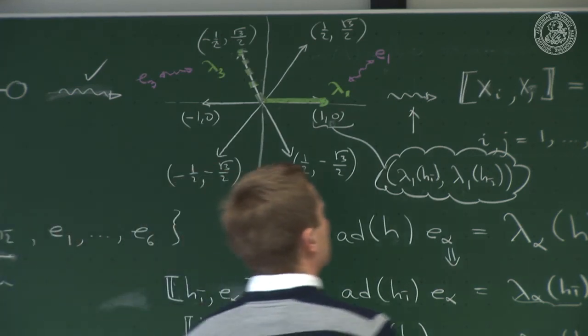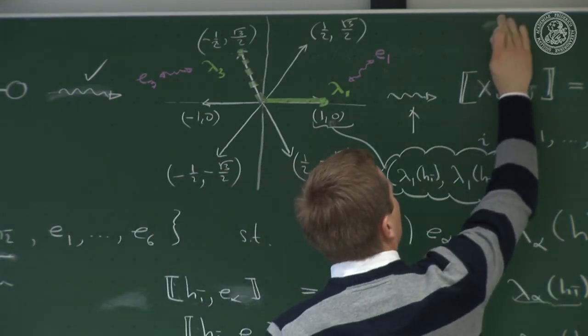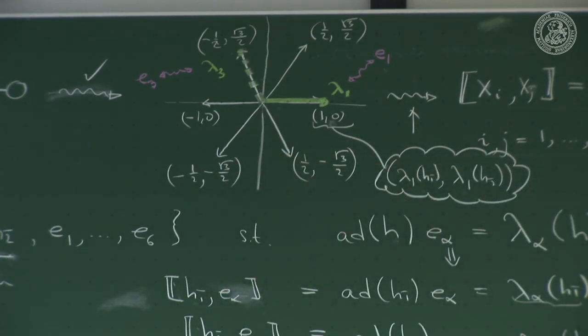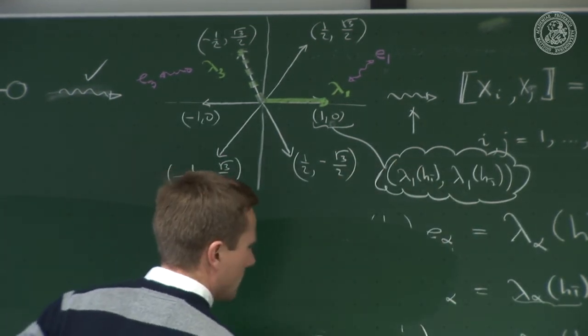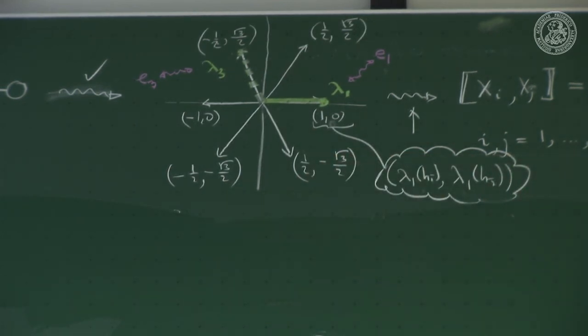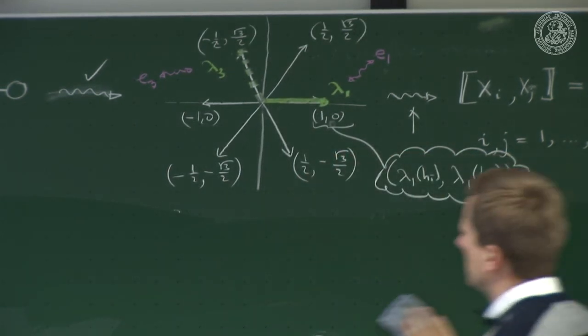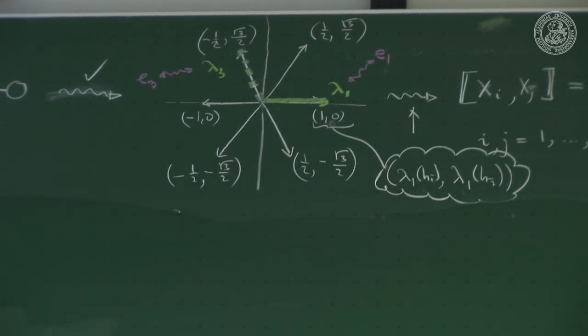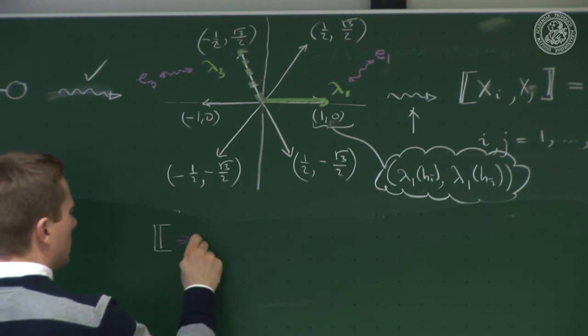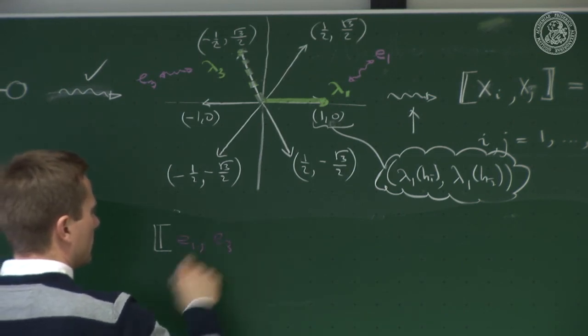Well, if you want to write down that commutator, so if you now wish to have that commutator of E1 with E3, okay,